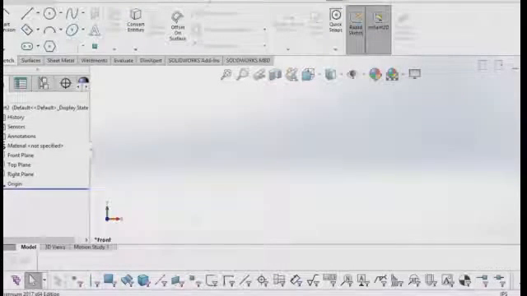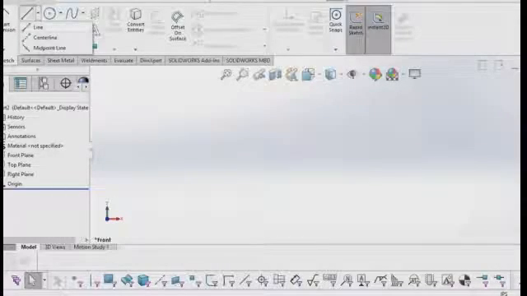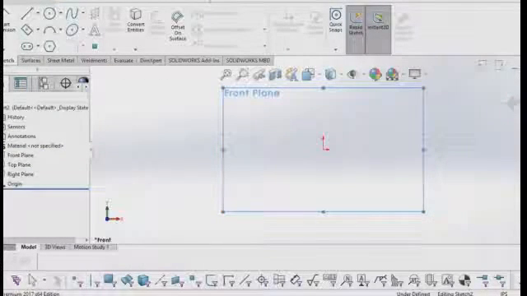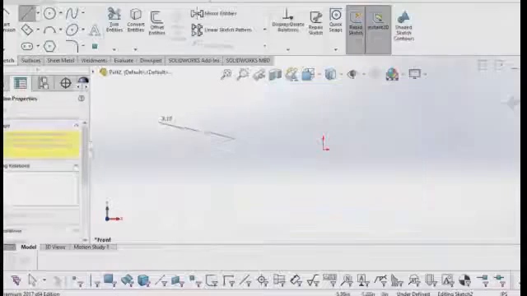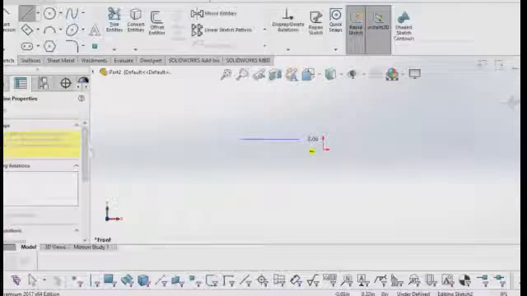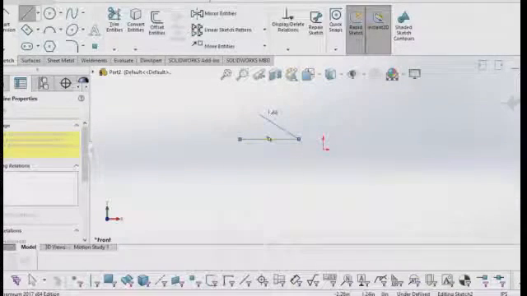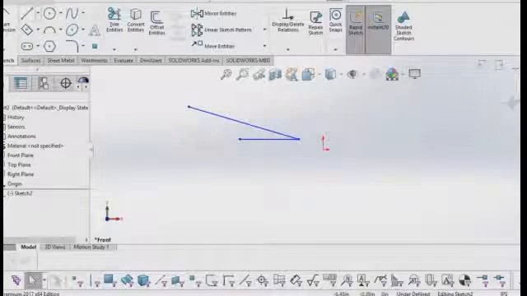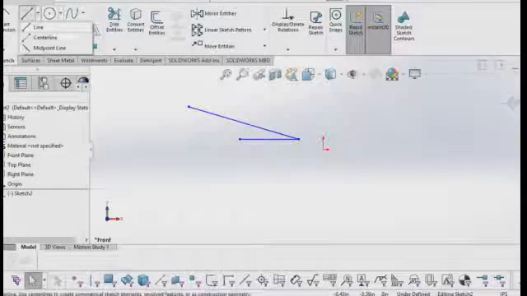Next we will start with line command. There are three types of line: line, center line and midpoint line. First is line. First we should give the initial starting point and the ending point with the angle inclination which is required. Next we have center line.